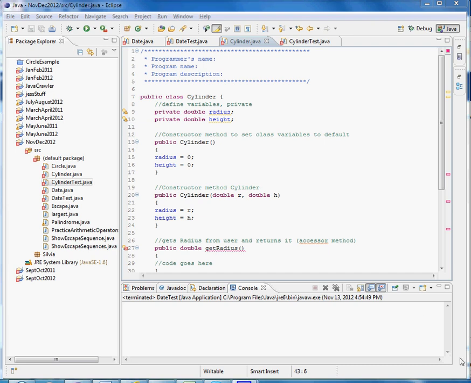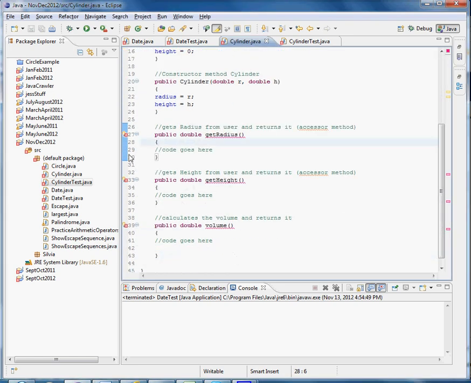Okay, let's start with the cylinder first here. I went ahead and copied my hint from the lab form and pasted it here. I didn't copy everything, but basically the code is here. As you can see, I copied exactly what is out there, but I have some errors, right? The error here is telling me that get radius must return a result of